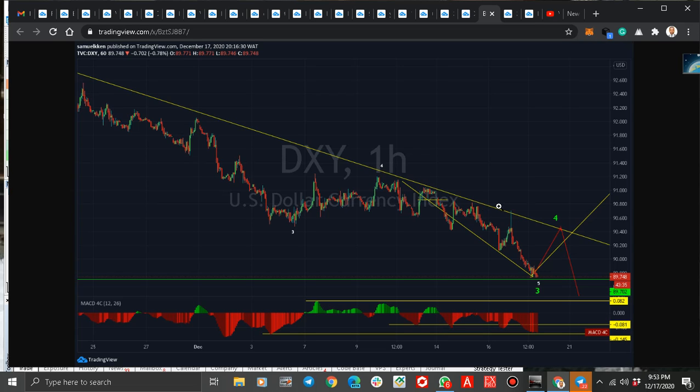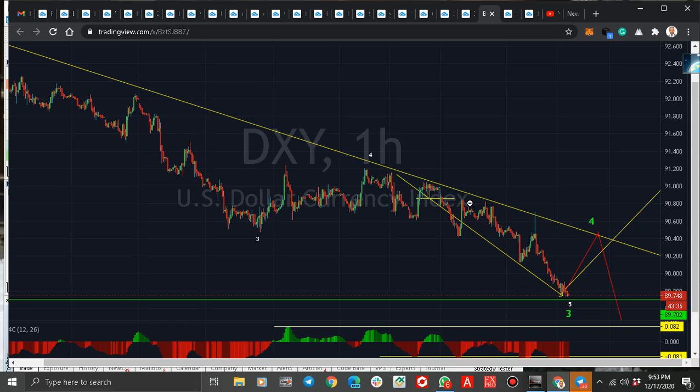There's no difference between 1 hour and 4 hours. They are pointing in the same direction, and there is nothing to show that it will be different. Only we can have a kind of correction towards here and down. That's to come to the 4 of 5.